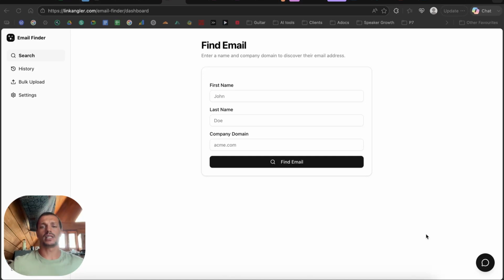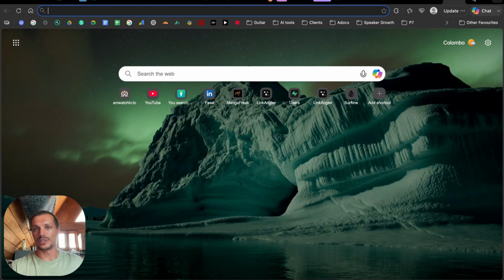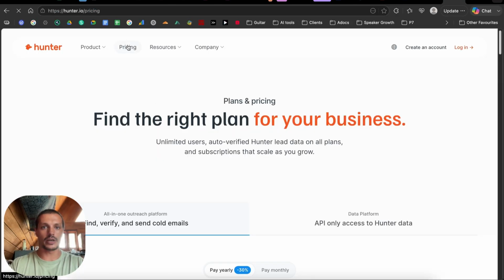This should be a relatively quick video on how you can make an email finder. Now, there are plenty of email finding tools out there, to be honest, but a lot of them are either not great or they're quite expensive. For example, if you were to look at hunter.io, just for finding emails alone, they are charging,